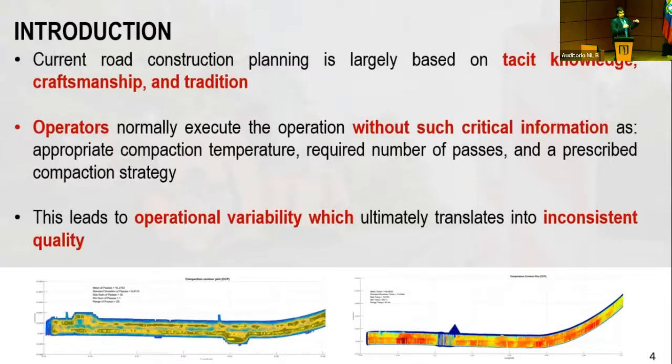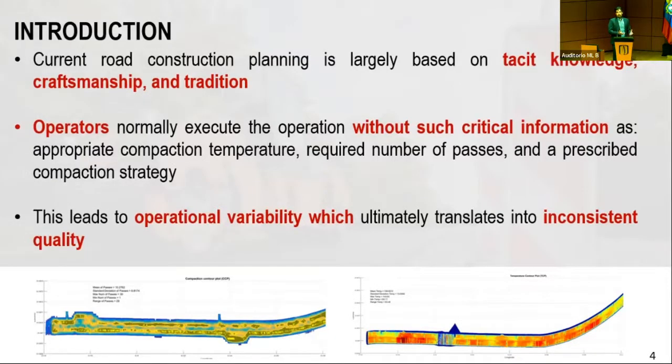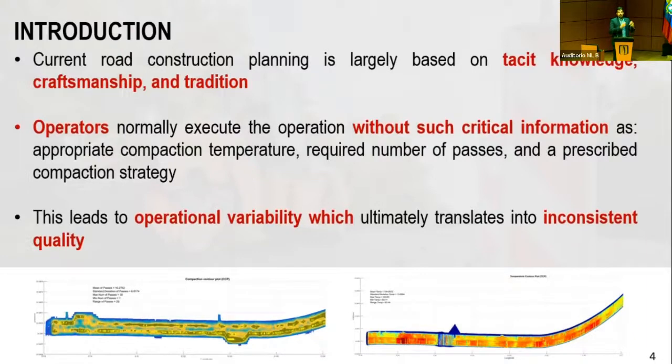But then going forward, we noticed it's not only about training. We've been trying to tell these operators that when you start the project, you need to be aware of some very critical information about the asphalt. Like if you have a certain mix, you need to know for that specific project how many compaction passes you need, and for that specific mix in that weather condition, what is the appropriate temperature window that you need to take into account for the compaction operation.